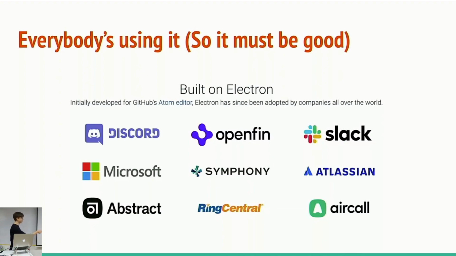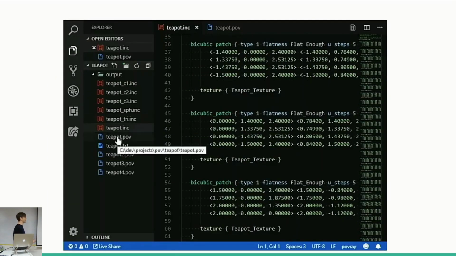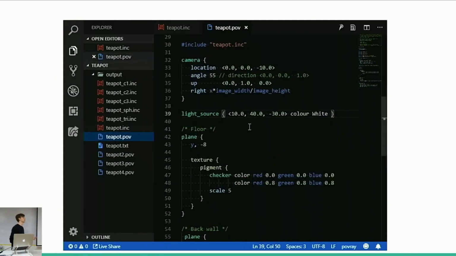I don't know if that's the best advice, but a lot of big companies like Slack or Discord or Microsoft use it for something like Skype. These are actually all made in Electron. So there's a lot of applications out there that you see that are built with Electron. So it has to be decent enough if these big companies are using it as well, if I haven't convinced you yet. So this is just kind of a demo of VS Code, which is a code